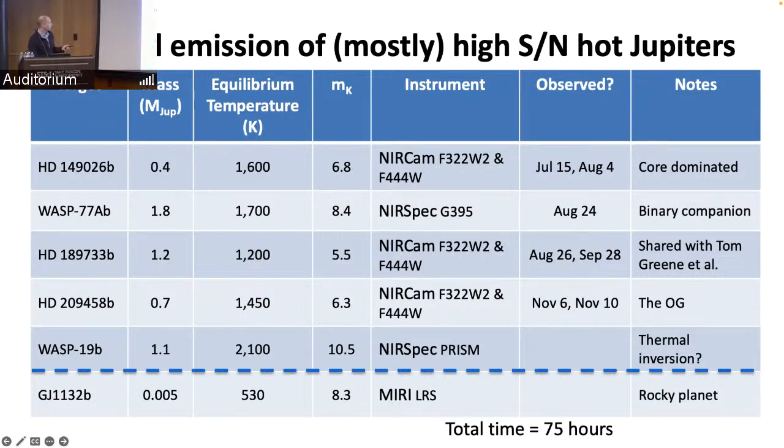For really bright stars, we're focused on measuring NIRCam observations that allow us to target these really bright stars, some of the brightest stars that Webb is looking at in cycle 1. For other stars that are fainter, we use NIRSpec G395 and NIRSpec PRISM. In this program, we're also looking at the thermal emission of a rocky planet, but I won't talk about that